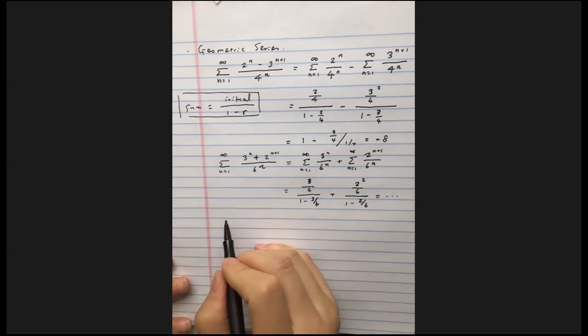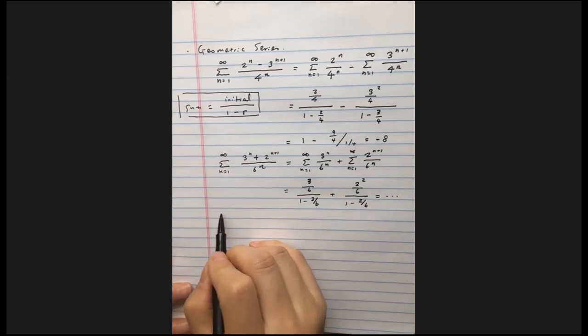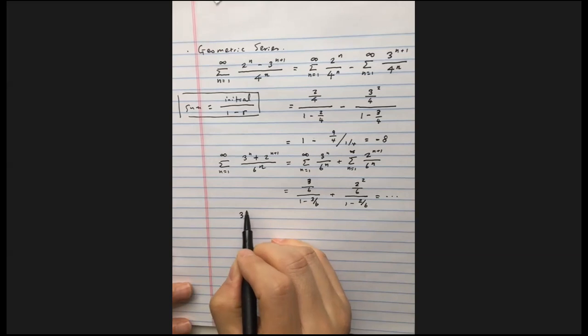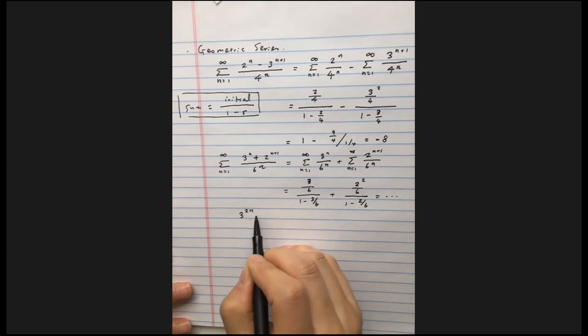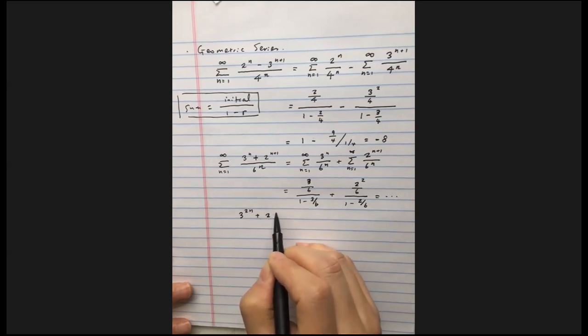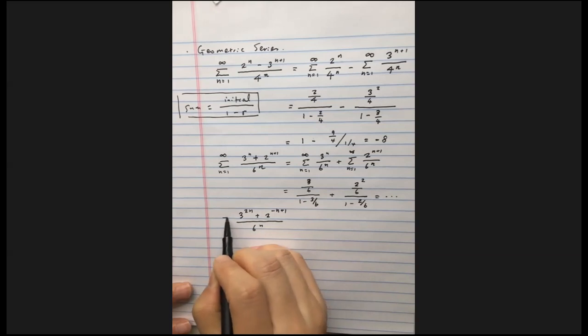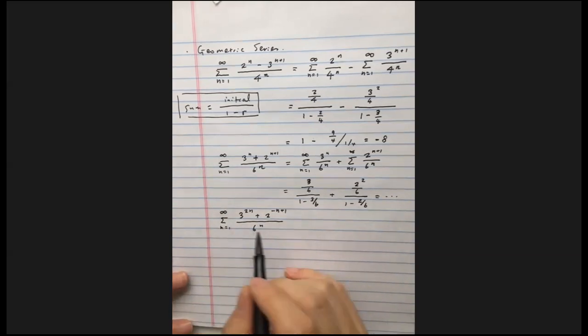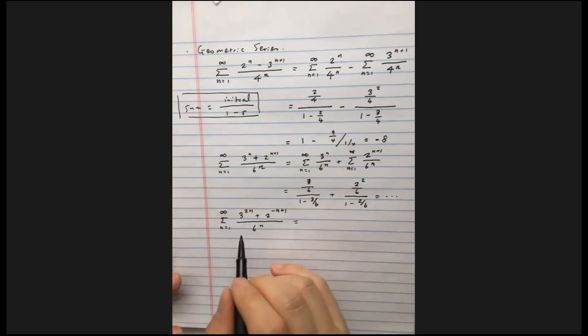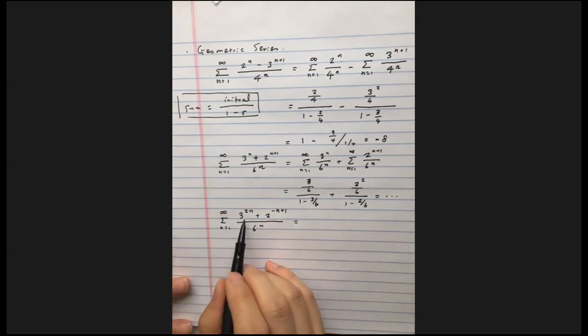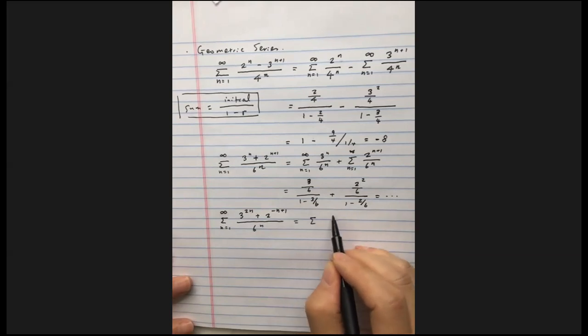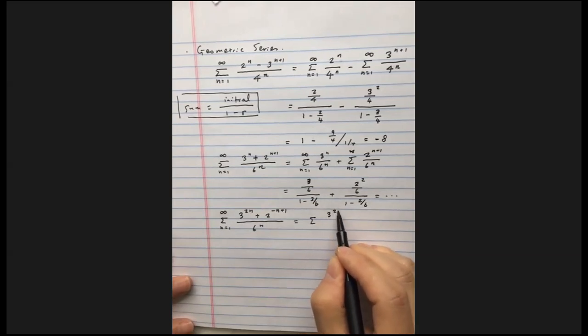One particularly fancier question would be if I have maybe 3 to the 2n plus 2 to the minus n plus 1, over 6 to the n, summation n equals 1 to infinity. The only thing you have to be careful about is that in this case, for the first piece, when you write it like this,